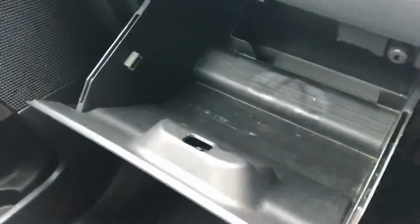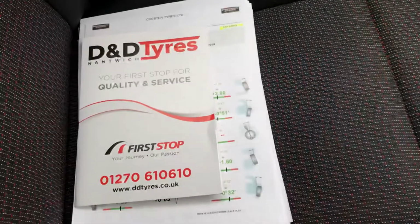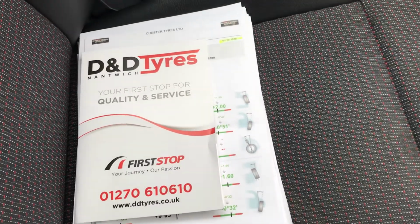Over here we've got the glove box. It's empty at the moment. The manual's usually sitting there, but they're here. So what I'll do now is I will go through all of the paperwork that comes with this car, and it is quite comprehensive. So in January it had the kit, the auxiliary belts and various bits and pieces done,